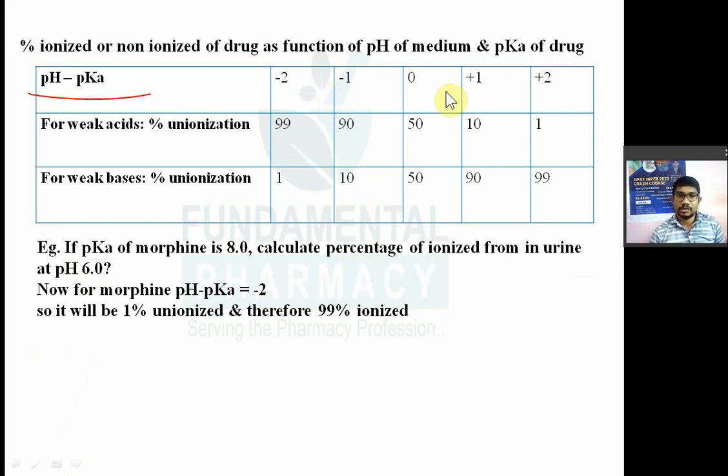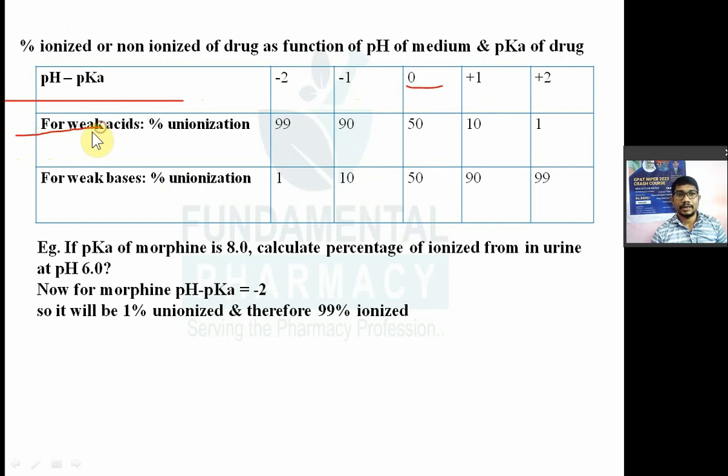So the values are 0, 1, 2, -1, -2. Now pH minus pK for a weakly acidic drug, for example aspirin. If it is a weakly acidic drug and the pH minus pK value comes to -2, then 99% of the drug will be unionized. Now, how to write this chart is simple: write pH minus pK, one